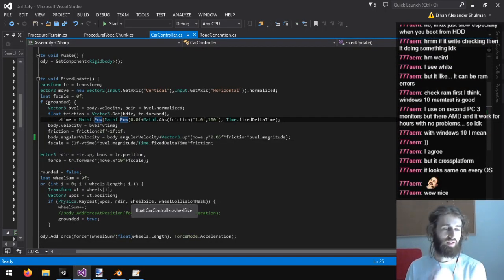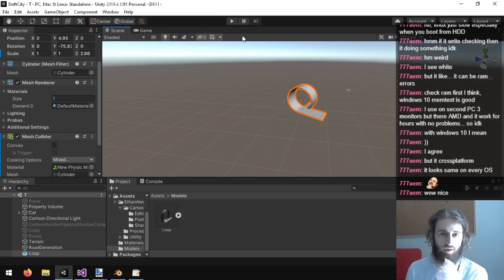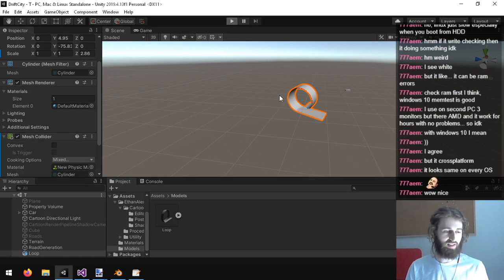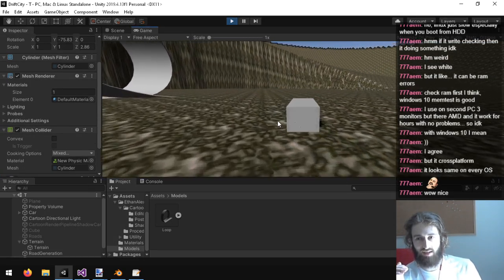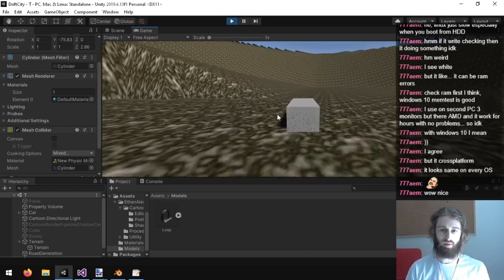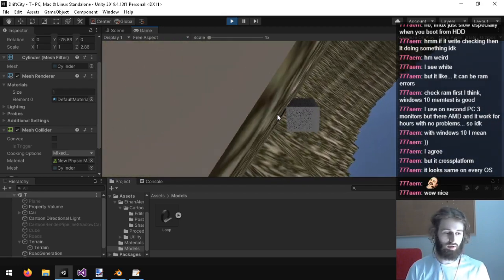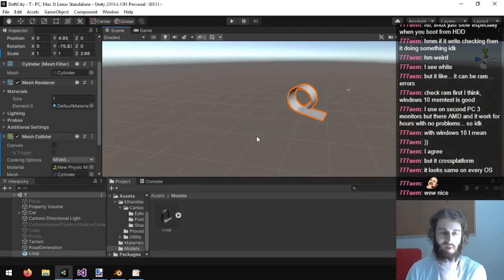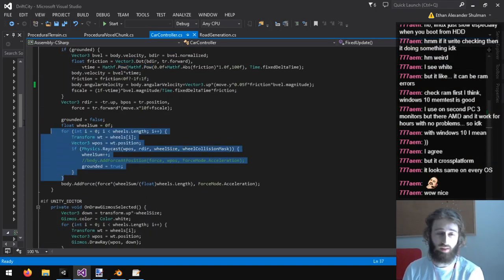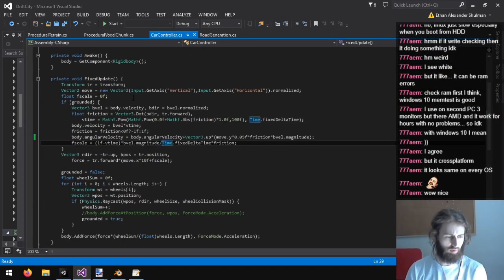Alright, this is actually really good. I said that I wanted to build a little map to test the car in so that we'll have a better way of testing the car physics. And this is actually so enlightening, because it's making me get a good idea of what I want the driving to do and how I want it to feel. So now we're going to be focusing on... I think I might end up rewriting this car controller.